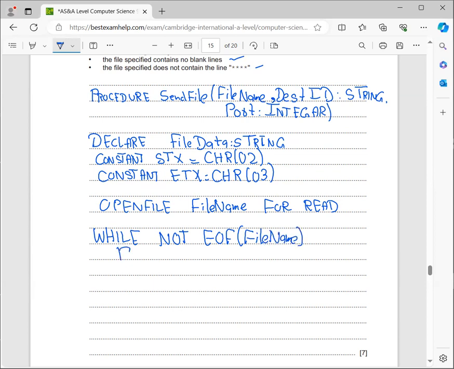And first of all, I'm going to read the file, whatever it is, your file name and your file data. But what your file data should be is whatever the value is in your STX and your destination ID